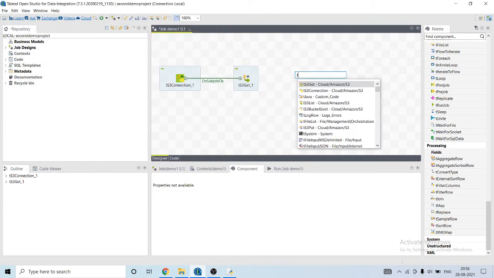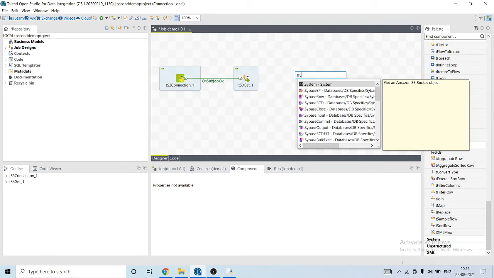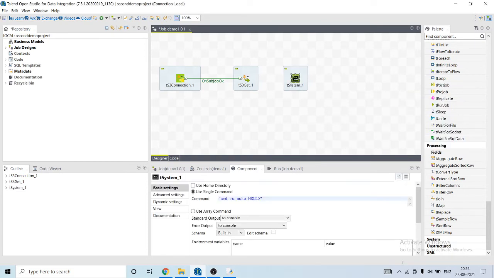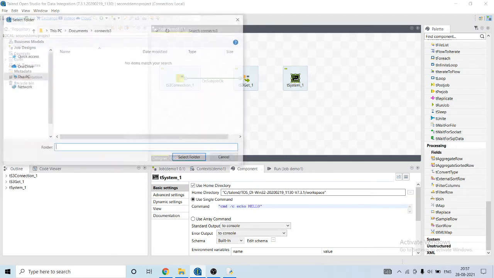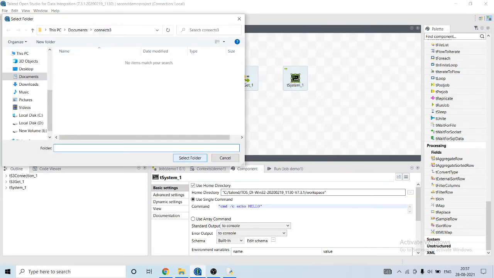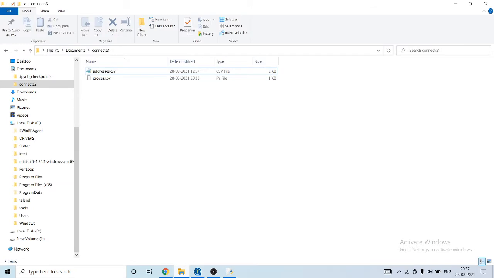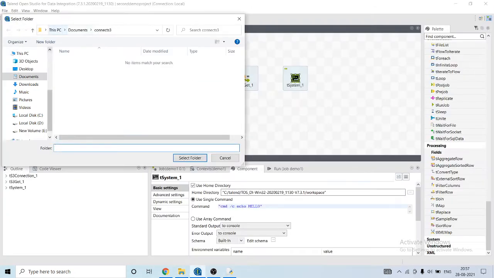Now I'm gonna run my Python code. For that I'm going to use the tSystem component. I'm going to specify the home directory. My Python code is present inside this directory, This PC, Documents, connect S3.